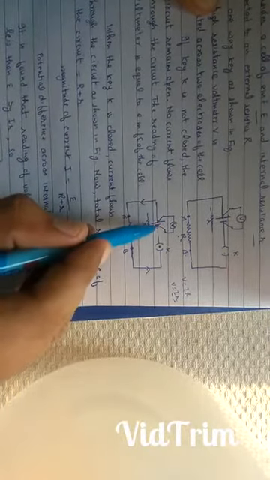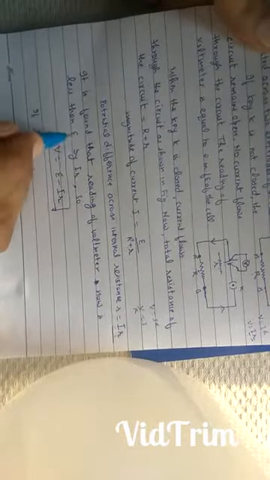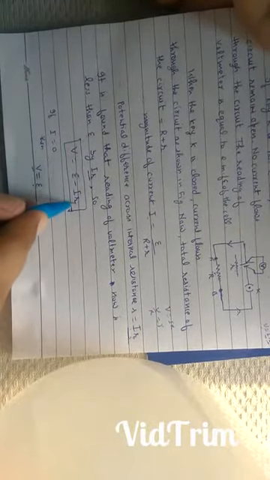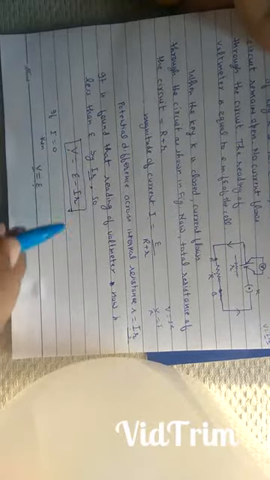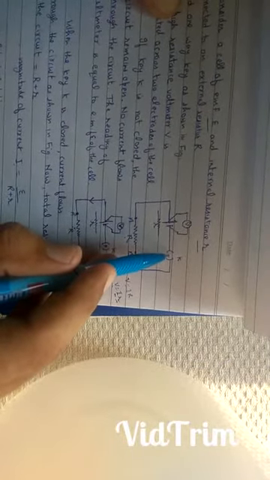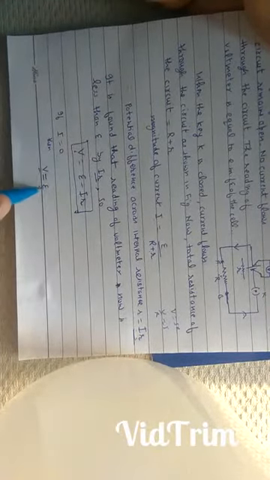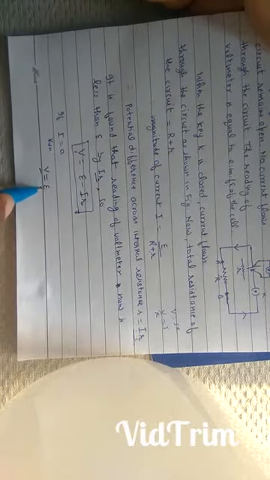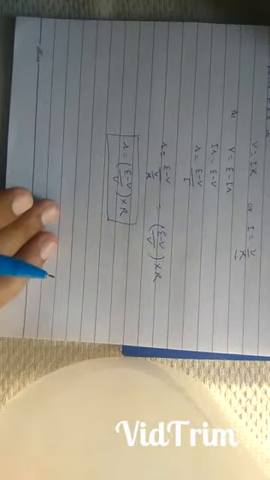It is found that now the reading of the voltmeter is less than EMF by an amount Ir. Therefore, V is equal to E minus Ir. Now this reading gives us the terminal potential difference. If the current is 0, current will be 0 when key K is open, when the circuit is open, then putting I is equal to 0, V is equal to E. Therefore, the terminal potential difference of a cell is equal to EMF of the cell when no current is drawn from the cell, or the cell is in an open circuit.